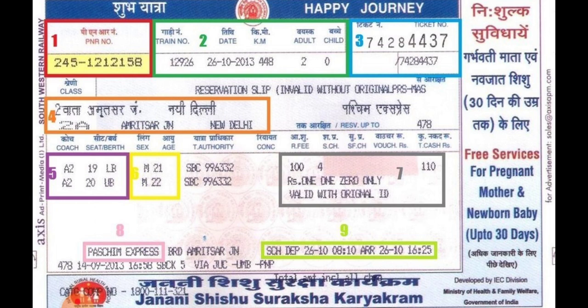The train is starting from Amritsar, and the time is also mentioned as 8:10. That means morning 8 o'clock 10 minutes. ARR means arriving at New Delhi Junction